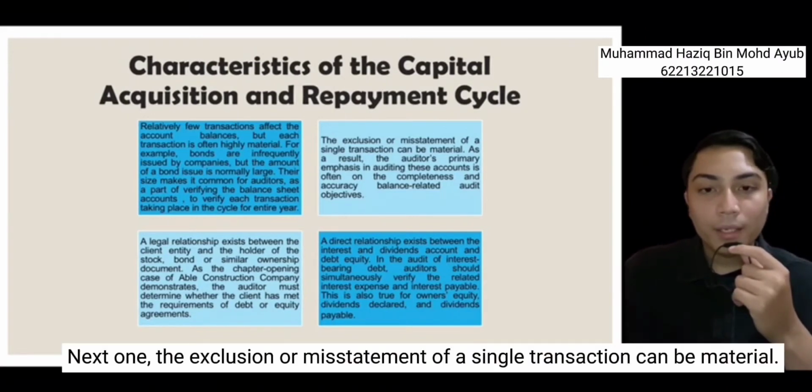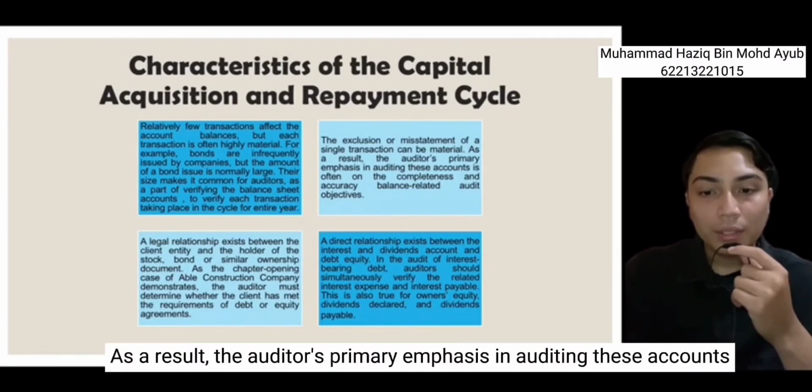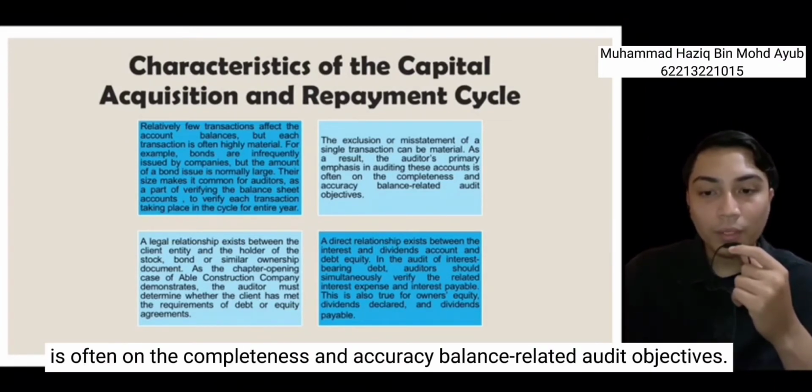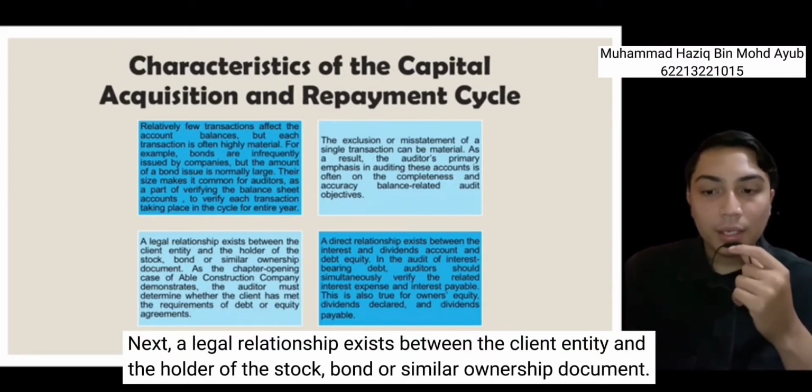Next one, the exclusion or misstatement of a single transaction can be material. As a result, the auditor's primary emphasis in auditing these accounts is often on the completeness and accuracy balance-related audit objectives. Next, a legal relationship exists between the client entity and the holder of the stock, bond or similar